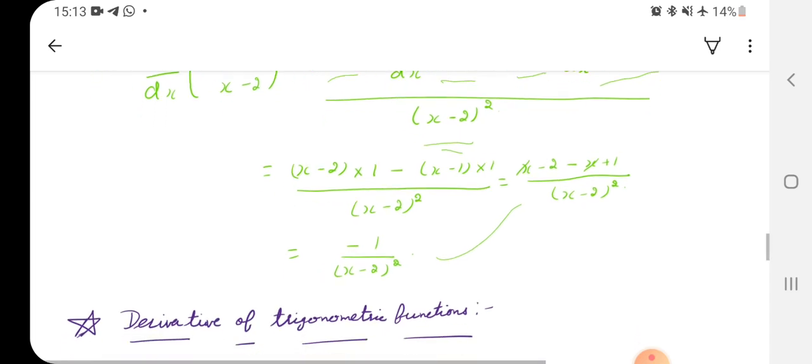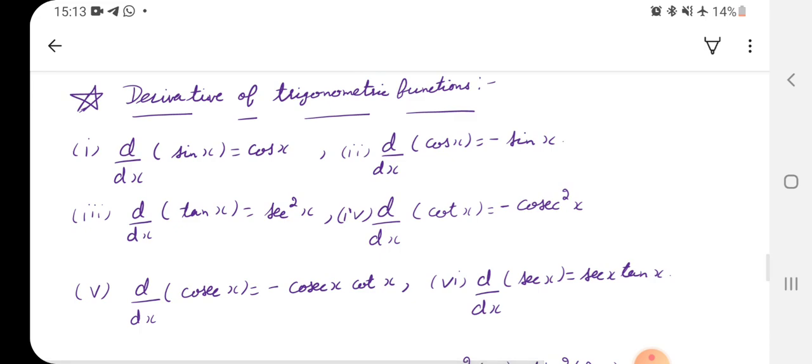So now next we are going to discuss the derivative of trigonometric functions. Trigonometric functions, first of all, sin x is our first function for trigonometric. So derivative of sin x will be what? Cos x. These all you have to remember, that derivative of sin x will be cos x. How does this come? Sin x derivative will be cos x into derivative of angle. Derivative of angle means derivative of x with respect to x, which is always 1. So derivative of sin x will be cos x.